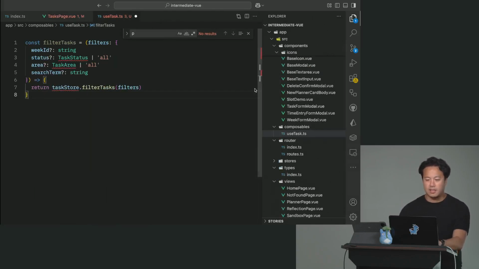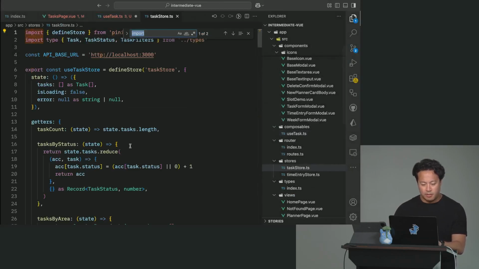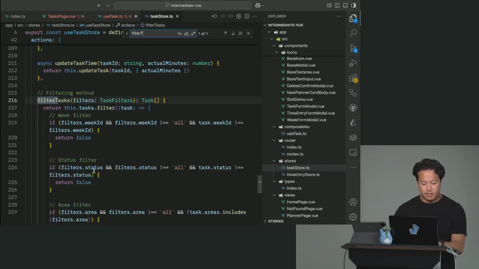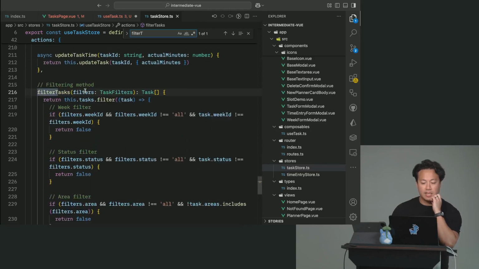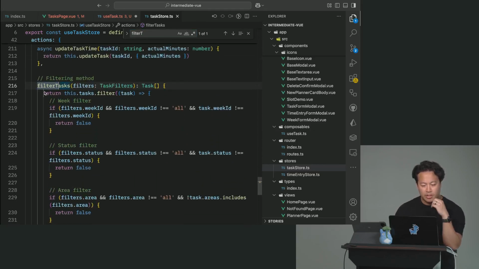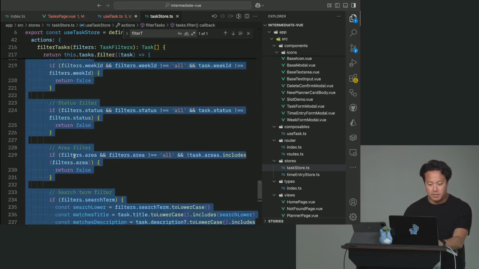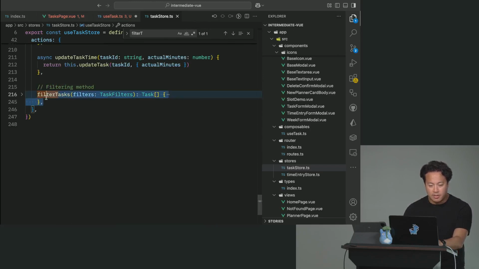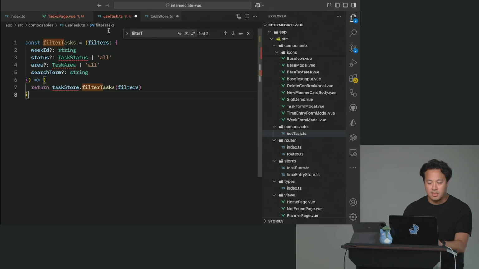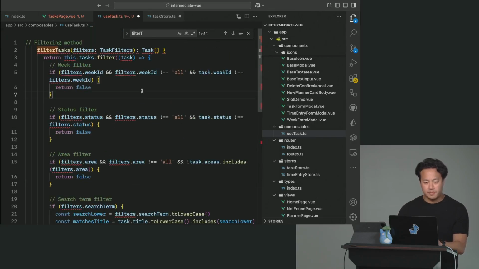And then I'd take a look at the task store. And where is that filter? Here you go. Here's the filter. So this is the actual method, as we can see here. There is a lot going on here. So I'm going to do the controversial thing, and we'll talk about this more when we do stores later. I am actually going to take this out of the store and put it in a composable. So here, we're going to take the filter task method, and I'm just going to replace this one right here. Okay. And then we have the filters, and that is a function